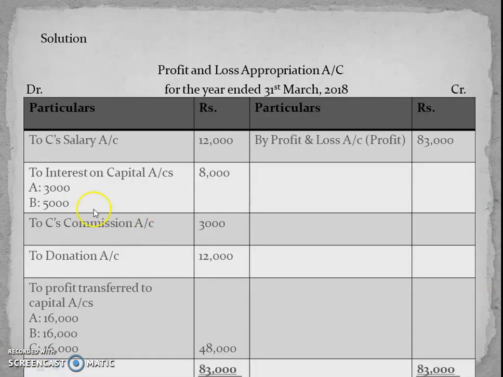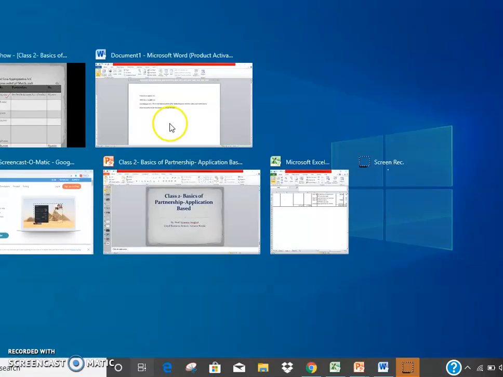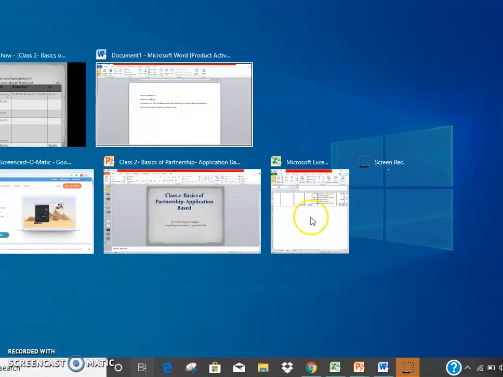So the solution is to C salary account. It is already given in the question that C would be getting how much? 12,000. So this is a direct thing. Now next is to interest on capital account, which is 3,000 and 5,000. Now how have they calculated this amount? So if we see